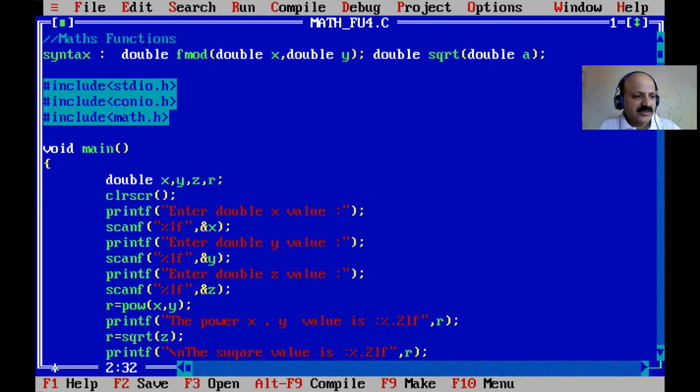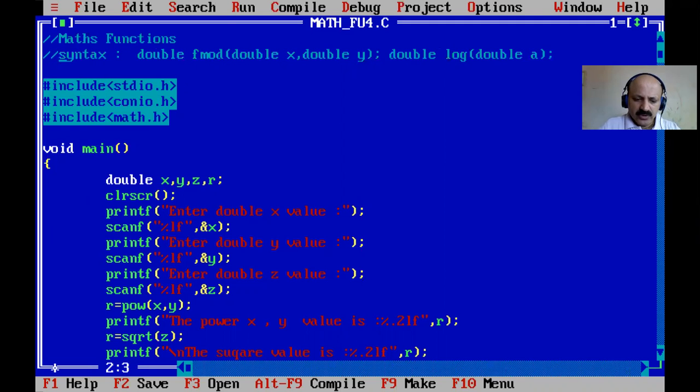So I think we can see double and double, that syntax is ready: fmod, and we can pass two values and the return is also double. And next we can use log. In class 10 standard we used the log table, and it is the same here, we can use log. Okay, so that completes the syntax I think.